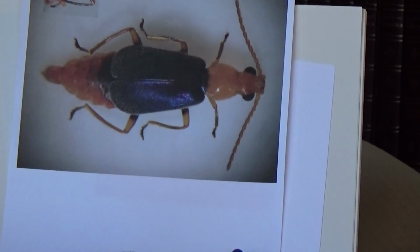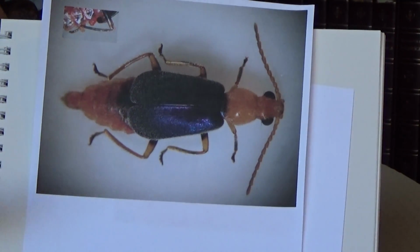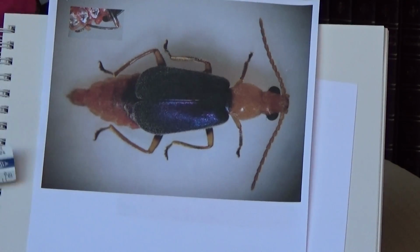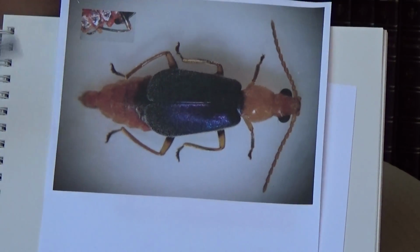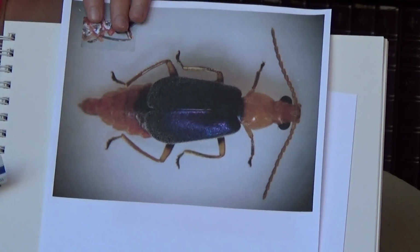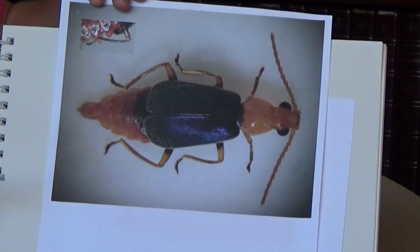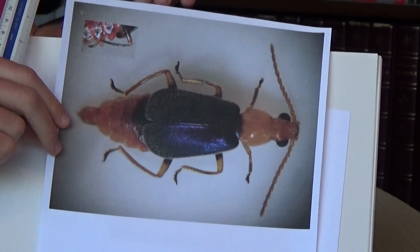Now, the frogs don't actually make this toxin. They get it from their diet, which consists of lots of these tiny beetles called melyrid beetles. Now, the beetles actually synthesize the toxin from their diet, which consists of decaying plant matter. Now, the frogs have developed specialized sodium channels so that they're not affected by the poison, which is kind of